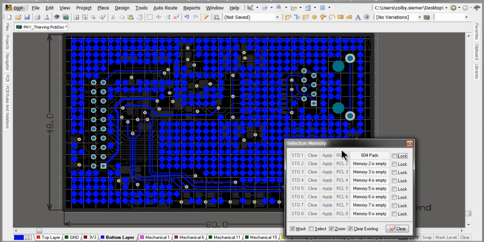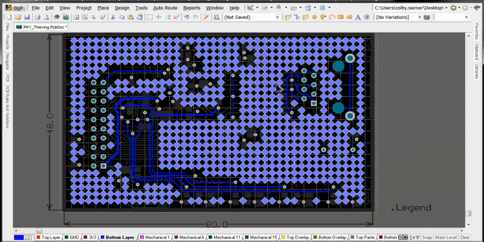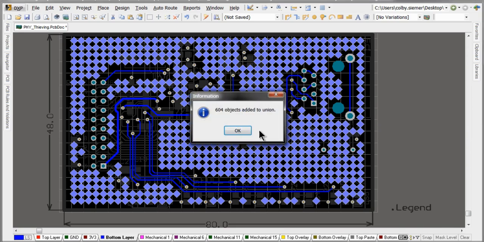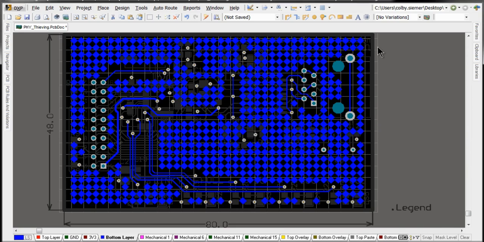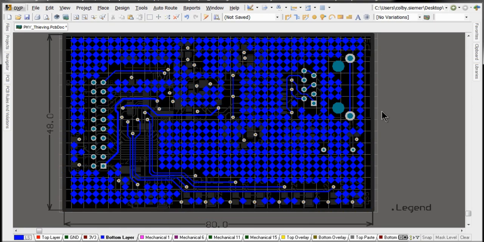As a final step, let's recall the selection memory that we made earlier. And we can right click on one of these selected pads, access the unions menu, and create a union from the selected objects. This allows us to then move these objects as a group. The selection memory also